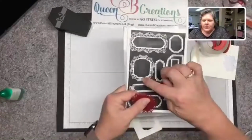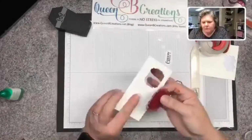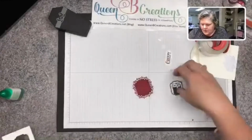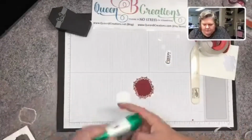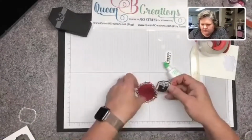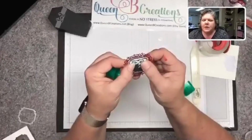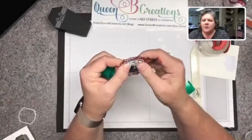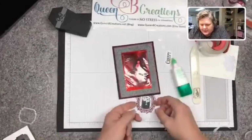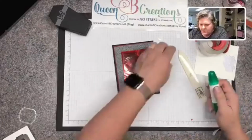And then I took this die right here, and that gave me this. So it's got lots of pretty little squirrelies in it. So I'm just going to mount this on top of there. And again, I'm using the liquid glue because I want to make sure that I can center it right. I'm a little bit fussy on making sure those are centered. And then bring in my card base. And I can attach